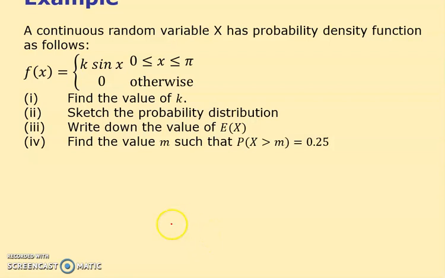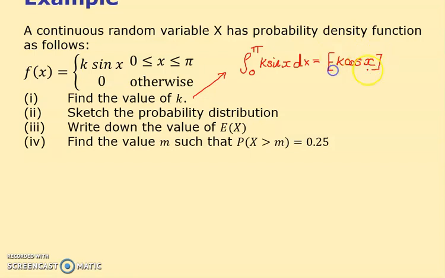Alright, now first of all we've got a sine here, so we've got to do the same thing. To find the value of this, we're going to integrate between 0 and pi. Now you know why we did all this stuff on integration. k sine x dx. This was actually an exam question again from the OCR. And if you integrate sine, I think you get minus cos. So I reckon this is minus k cos of x